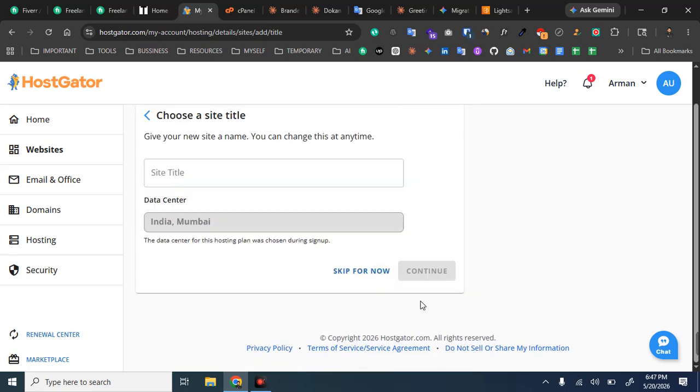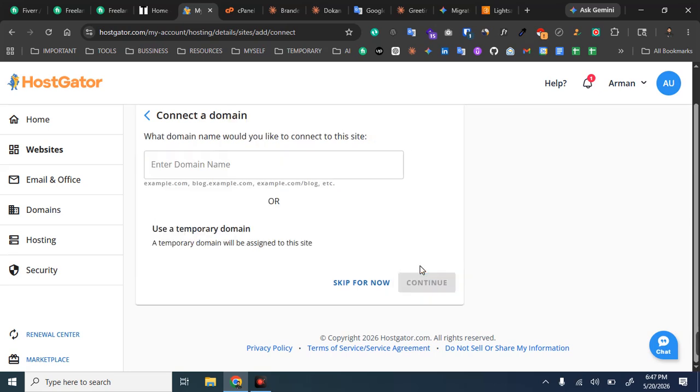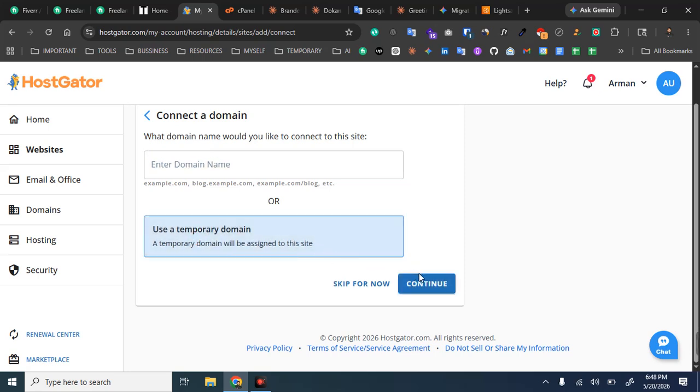If I click on continue, here you have to write a website name, like my shop. So you can just enter your shop title and then continue, and here you enter your domain name. So if you don't have any domain name, you can just use a temporary domain. Okay, if you have a domain name like this, you can use this. I just want to show you, so that's why I use a temporary domain. And then if I click on continue,